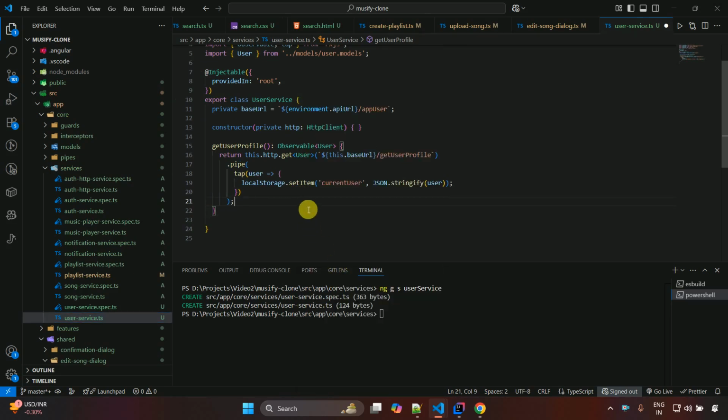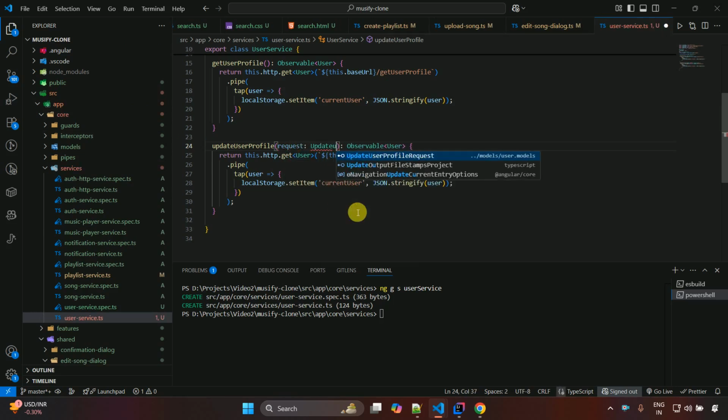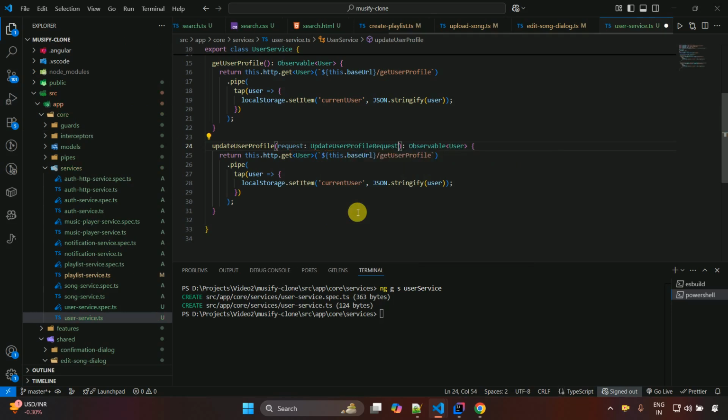Let me format this, save this. Now let me copy and paste this particular method again over here. Let me format this again, save this. Now this method is to update the user profile, so I'm just going to write updateUserProfile, and over here I'm expecting a request, so just write request, and it should be UpdateUserProfileRequest, which we need to import. Then this is a put method, so just change it over here to put, and it's going to return the user, and this.baseUrl, and over here we just change it to update